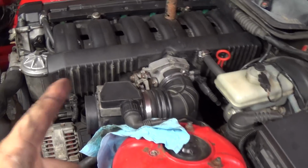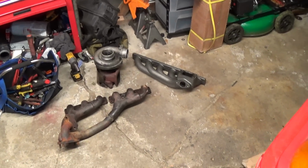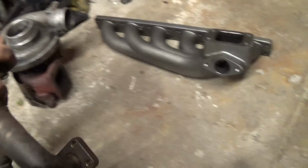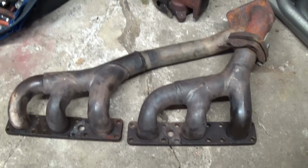I actually got it running a lot better now. I'll explain that in a second, how I did that. Here goes the turbo stuff over here. Here's that manifold that came with it that I mentioned before. This is the OBD2,